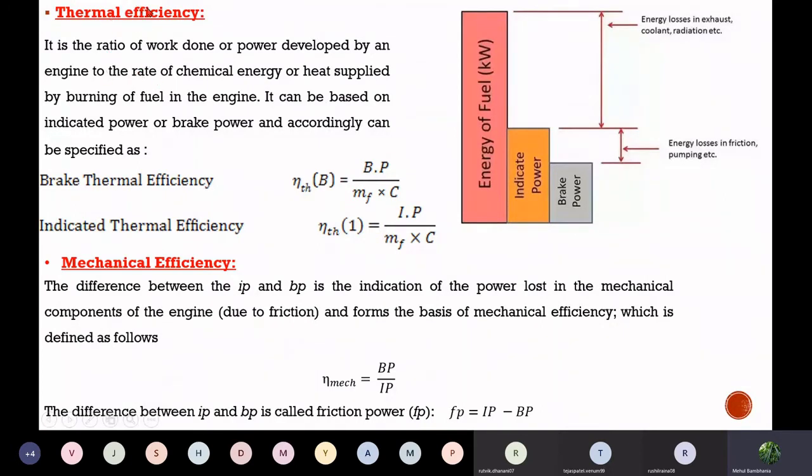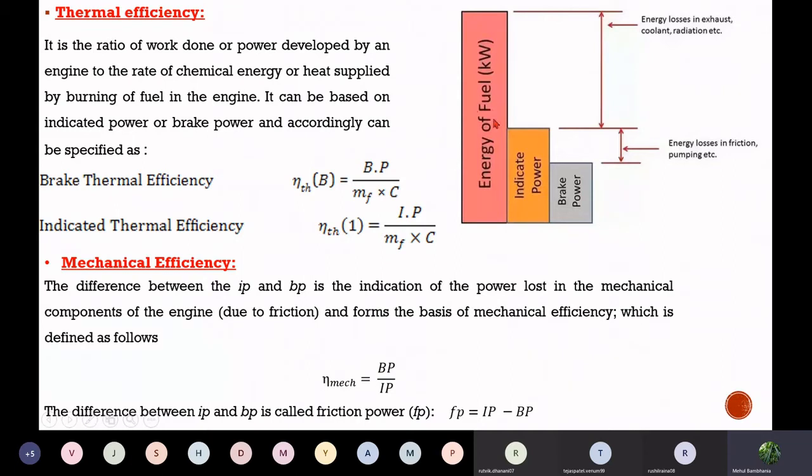Thermal efficiency relates to the thermal transformation of energy. Initially in the engine, the main energy source is fuel. Through the fuel, we are supplying the energy. In terms of fuel, we are supplying energy to the engine where the combustion will take place and heat energy will be released. By using the heat energy, the piston will move up and down, and that up and down motion will ultimately be converted into rotary motion, which is actually mechanical work.